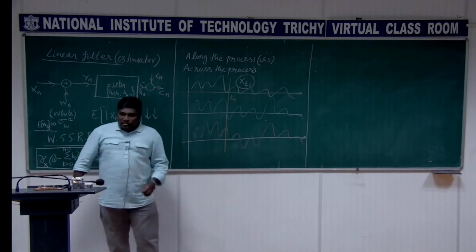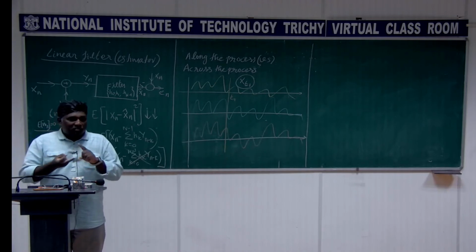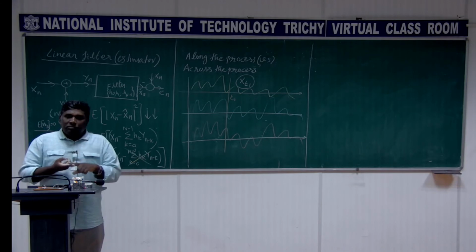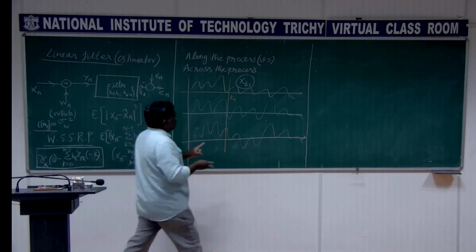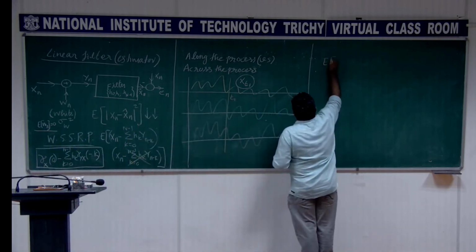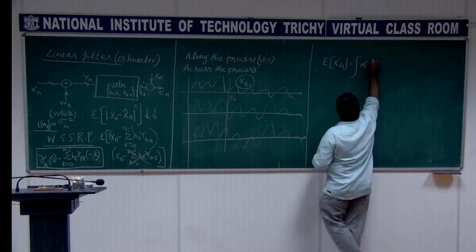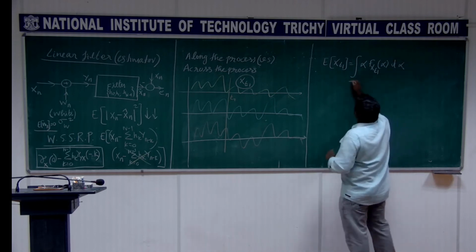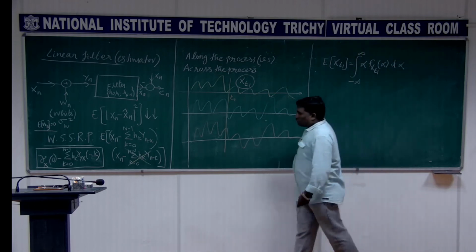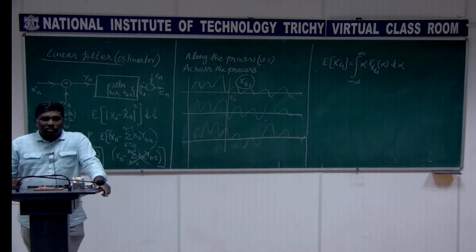The moment you get this random variable, what does it mean? You have its density function, you have the distribution function, we can find out the mean. The mean, how do you compute? Basically, if I want to find out this mean expectation, you are actually doing this. This is the way to compute this mean, the expectation of x(t1). Means you need to know this density function to find out this mean.